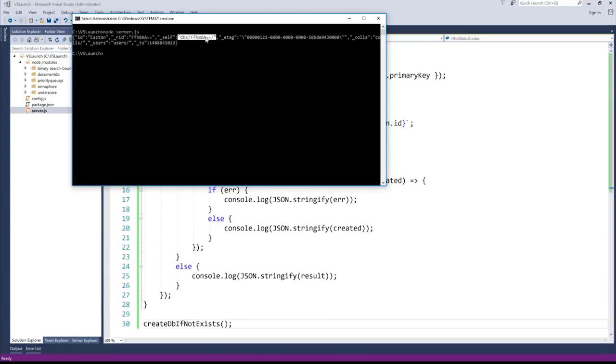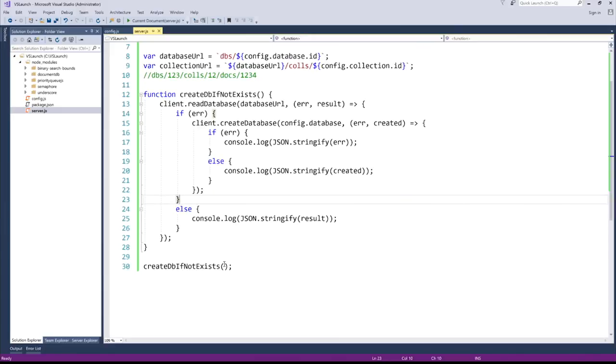That's really your URL to get to your database. So this worked, which is pretty awesome. Now we have this. The next thing we're going to do is create a function